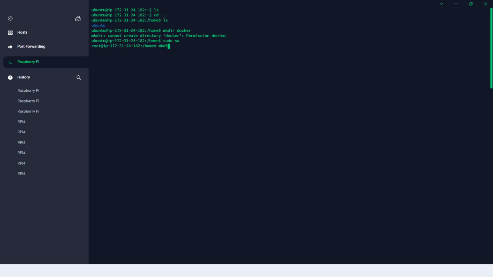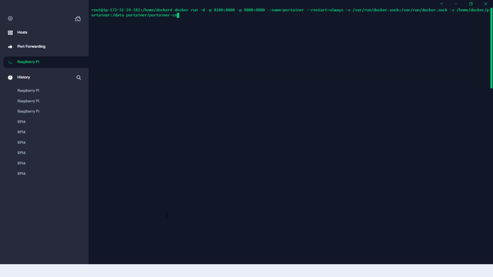Inside this we will place all our files related to the applications. We will now begin installing our Portainer. Before that, I would like to make another directory named Portainer. So I have copied the command.